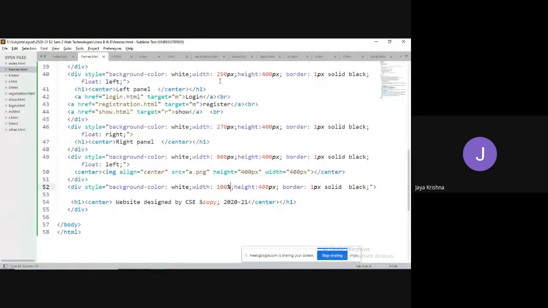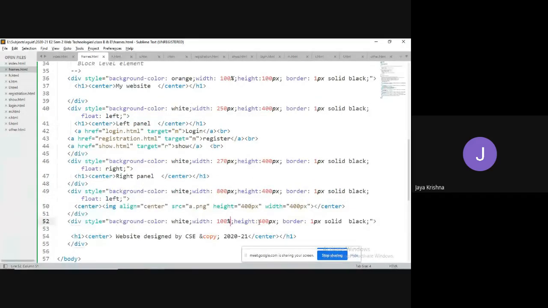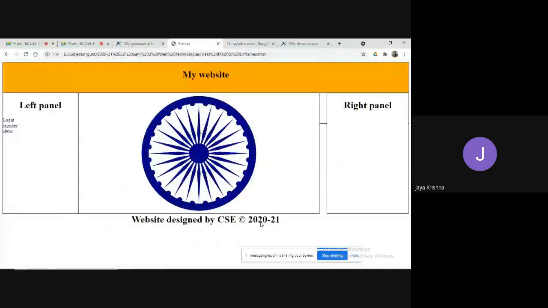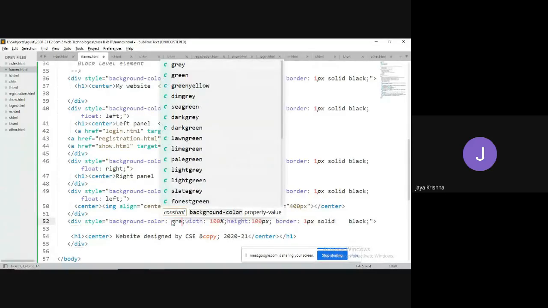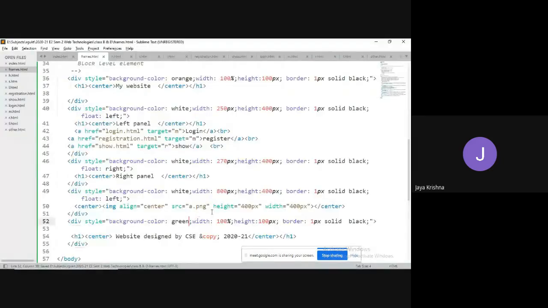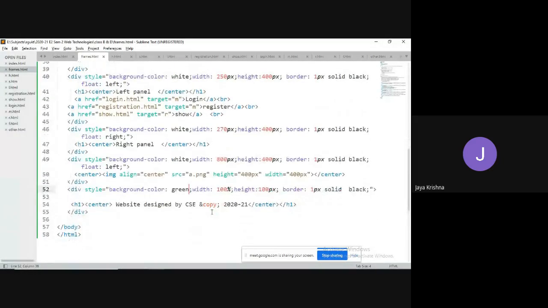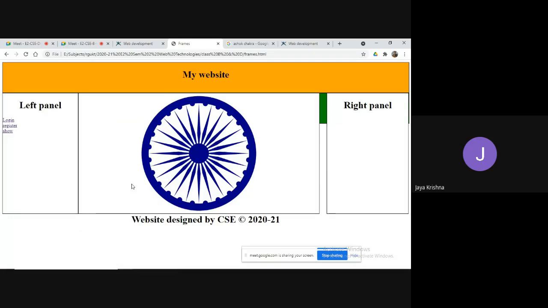I will take 100 pixels. Background color, let me take green color. It is applying those rules.